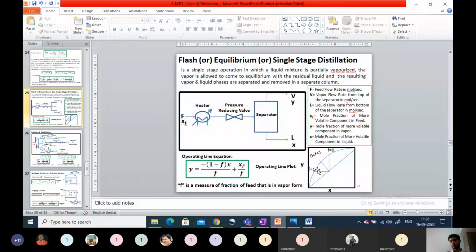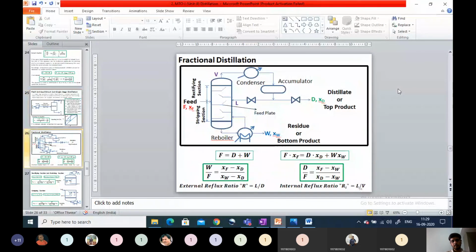So how to identify data, how to calculate slope and intercept, and how to locate the operating line equation, the point at which this operating line touches the equilibrium curve is very important. The two touching points will be projected, giving x and y values. The x value is the residue and the y value is the vapor, the distillate you can say. When you project the same value onto the T versus x graph, you can obtain the temperature. So you can simply estimate those values. In the next class onward, I will verify how you solve that problem, and next I will move to fractional distillation column material balance.